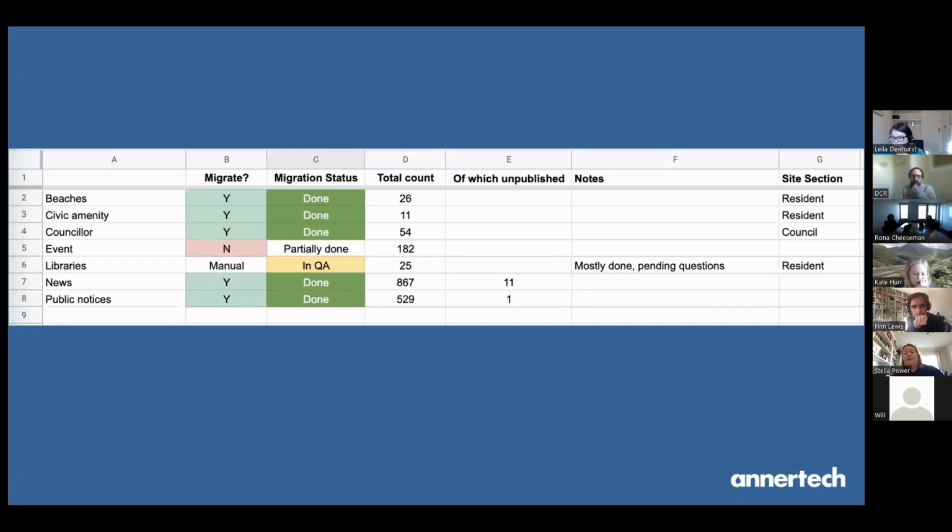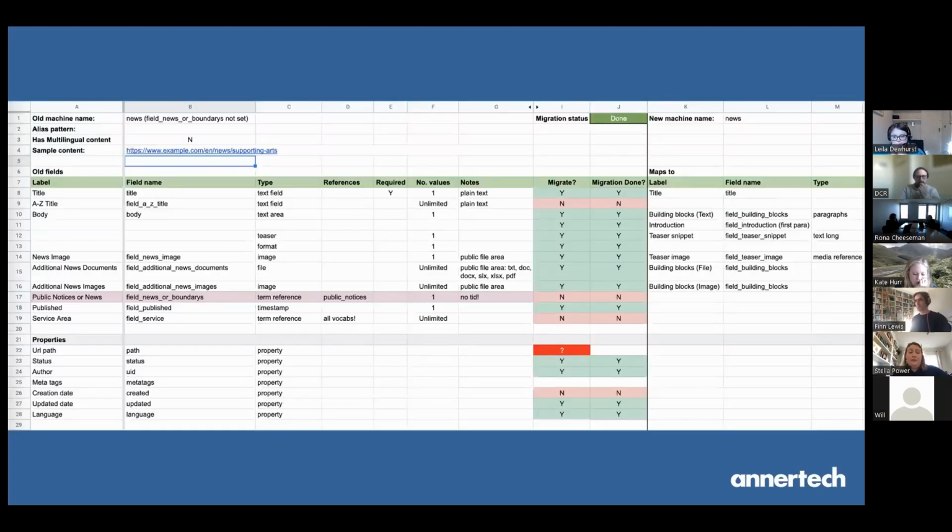So civic amenities, I think we did a manual migration in the end, because there's only 11 of them. And then, of which were unpublished. This was just to give us an overview and help inform our decision as to whether to automate it or manually migrate it. If we then look at the news content type, we then had a tab for each content